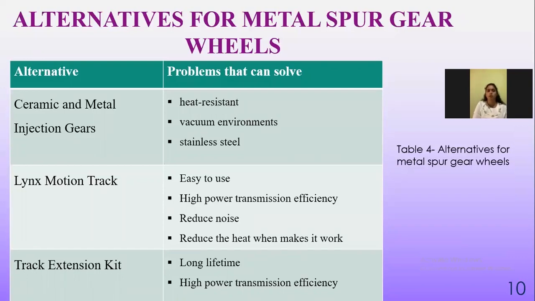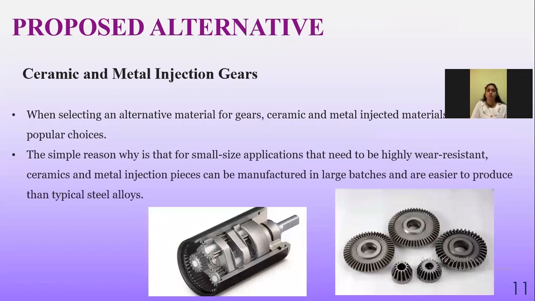So we found other alternatives for this problem. We mainly focused on ceramic and metal injection gears. The next slide shows that when choosing alternative materials for gears, ceramic and metal injection materials have become popular choices. The simple reason is that for small size applications that need to be highly wear resistant, ceramic and metal injection pieces can be manufactured in large batches and are easier to produce than tropical